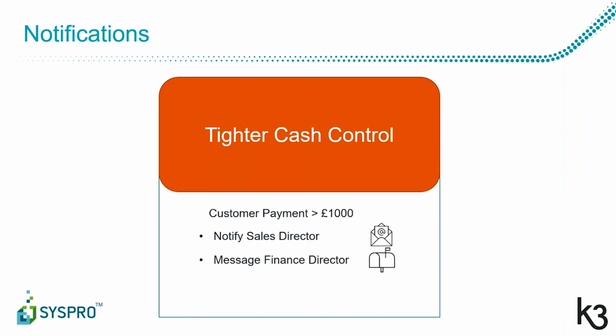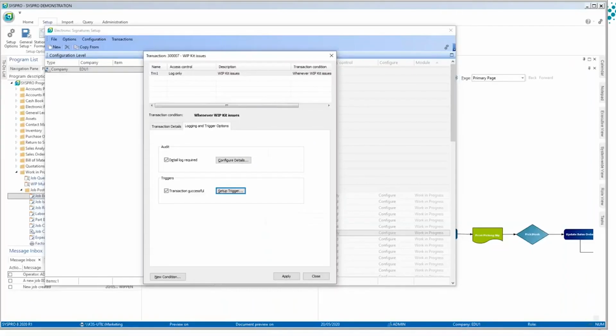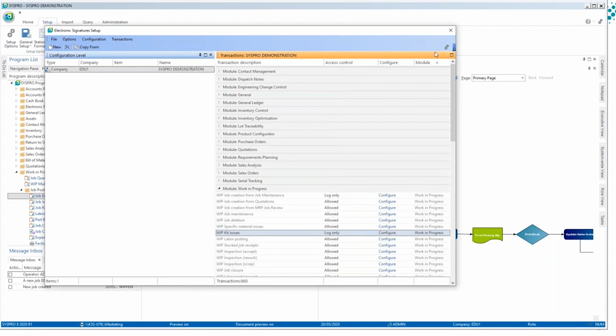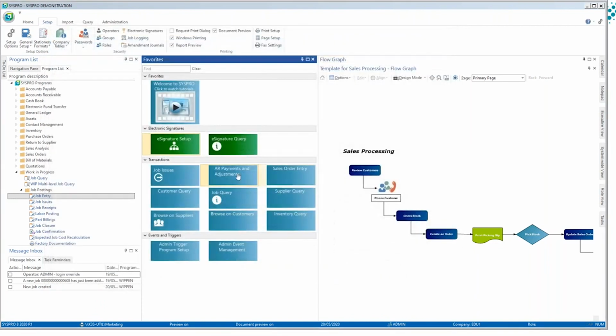And we also want to message the finance director. We want to make sure that they're aware that they've got that cash available for them right away. Slightly important right now. So in this case, if I come back into SYSPRO and process a payment,